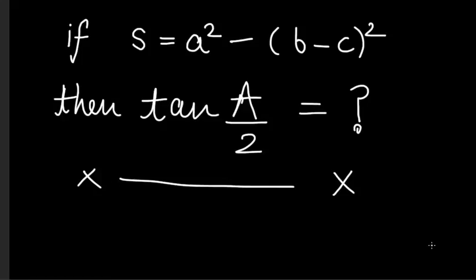Hello everyone, welcome back. In this video I want to cover two more problems relating to properties of triangle, and so let's start with the first one. I'll just read it out once. If S is equal to a square minus b minus c whole squared, then tangent of a upon 2 is